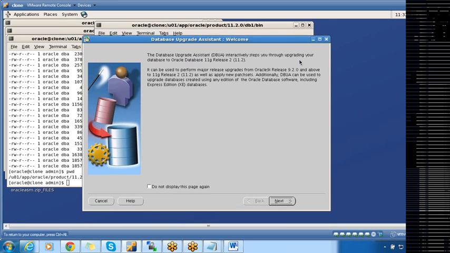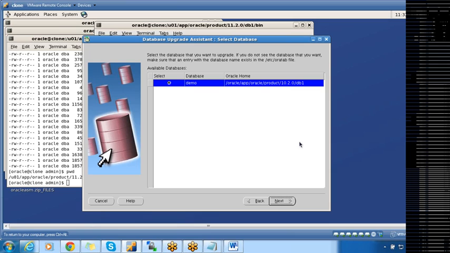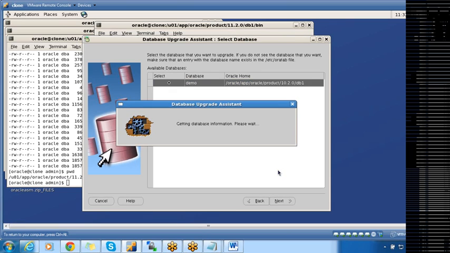Okay. So it steps you through upgrading your database to Oracle Database 11G R2. So that's what we want. Click on next. Yeah. So it will show you the existing running database, which is demo, and this is my Oracle home. Now just select this one and click on next. This will upgrade the database from 10G to 11G. Next. While doing, it will copy the password file, parameter file, TNS names, everything from 10G home to 11G.